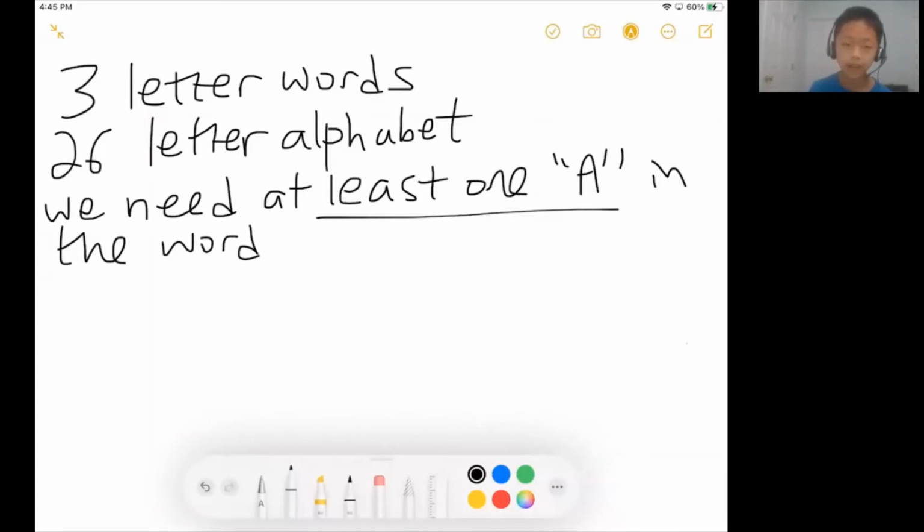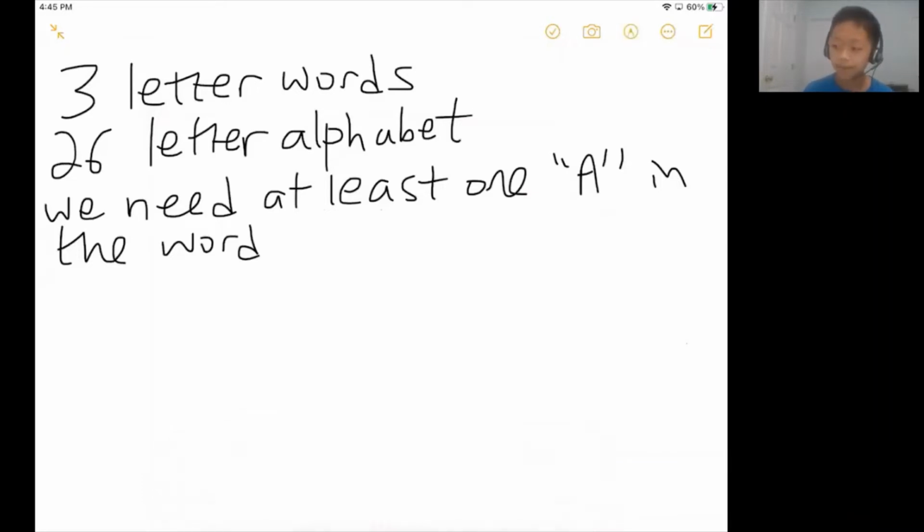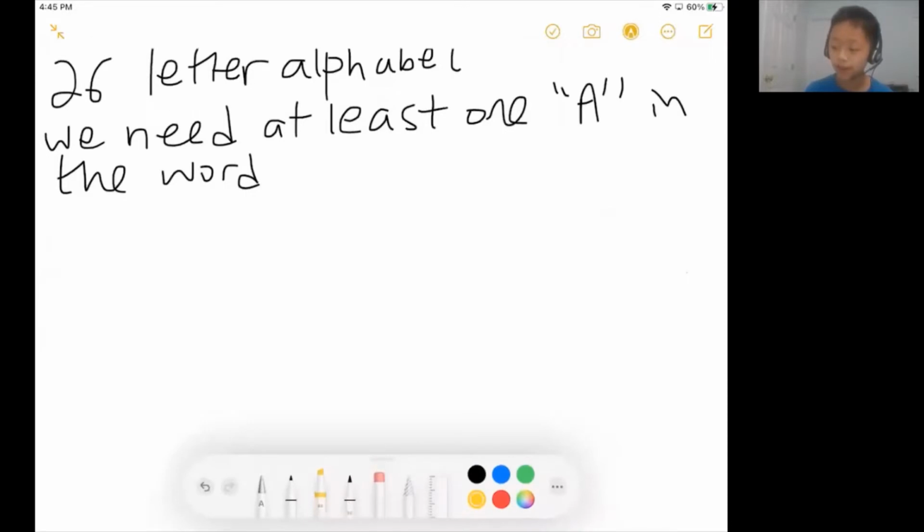So it turns out we can base the cases off of how many A's there are. If we have a 3-letter word, we need at least 1 A. So one natural way to do it is to do casework based on how many A's there are. So case 1 is if there is exactly